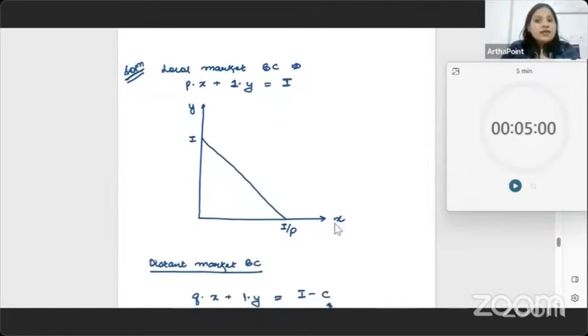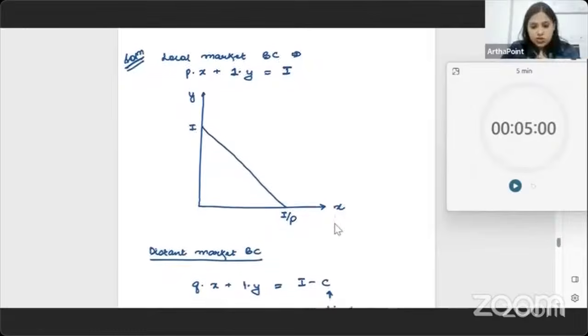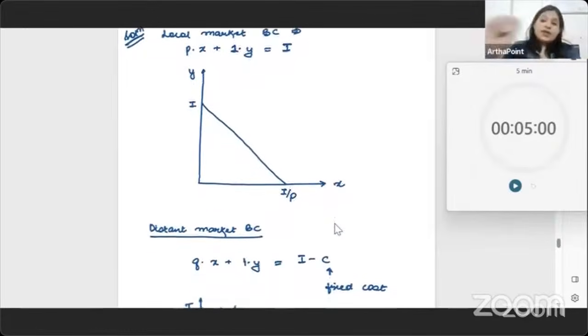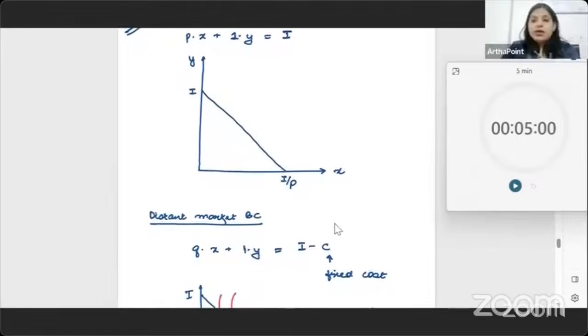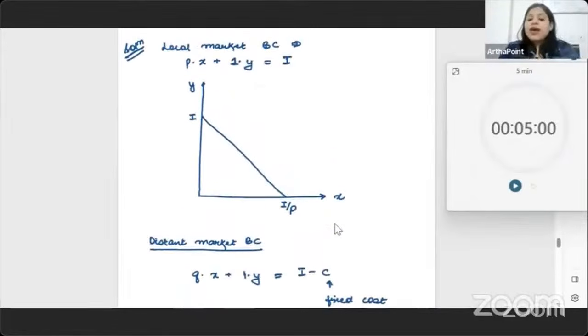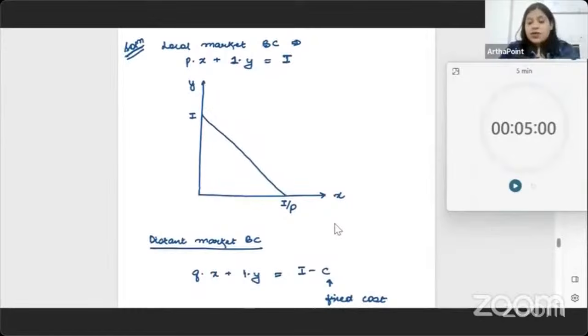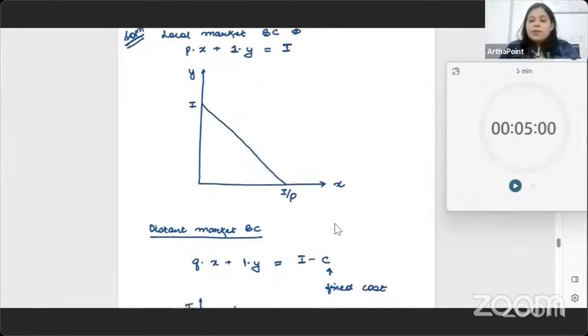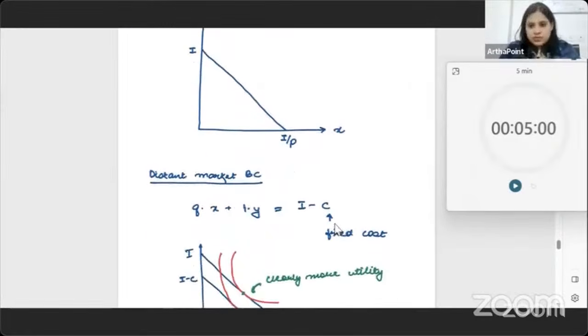Now, if I want to find the budget constraint of the distinct market, what will that be, beta? The price of good X is Q. So it will be Q into X plus the price of good Y, which is 1, into Y. And I am only left with how much income? I minus C. C has gone as a fixed cost. So the remaining income that I have is I minus C. Clear? Now, beta, if I were to plot this,